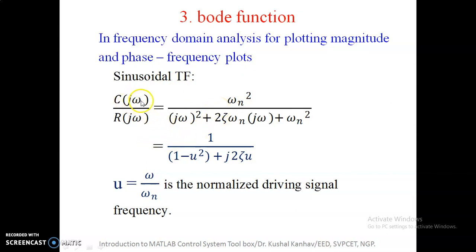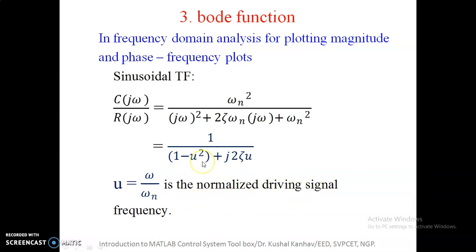So you can see that the s is replaced by j omega, C of j omega upon R of j omega. So you are finding the function is represented in terms of sinusoidal transfer function. And this is the standard representation of this function, 1 upon 1 minus u square plus 2 zeta u j, where u is omega by omega n. It is called the normalized driving frequency.